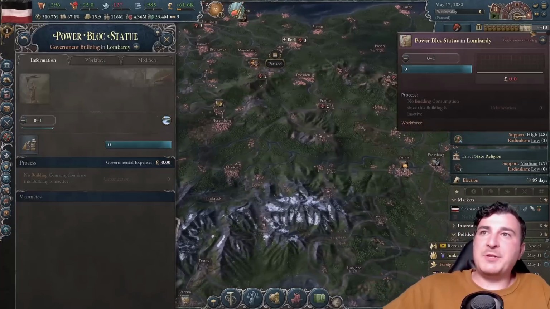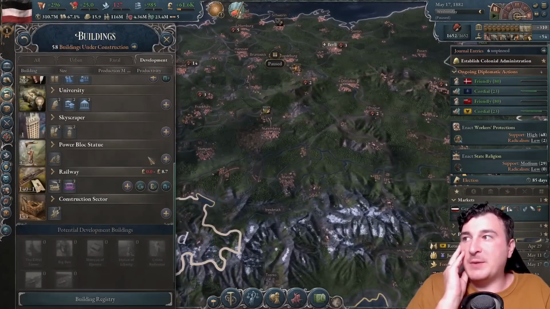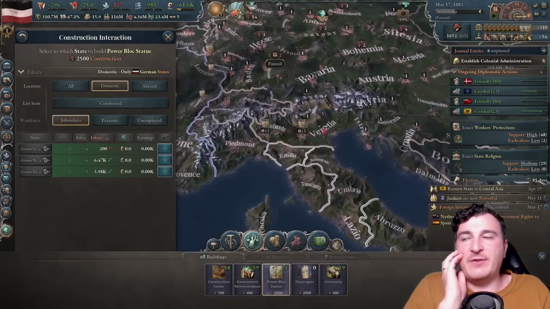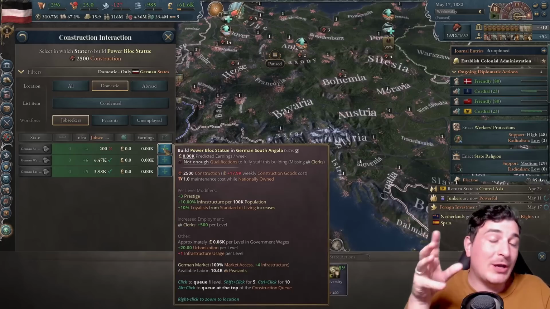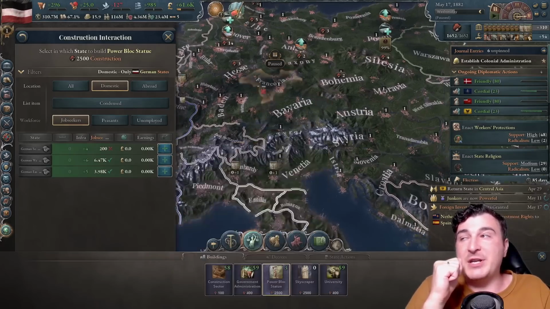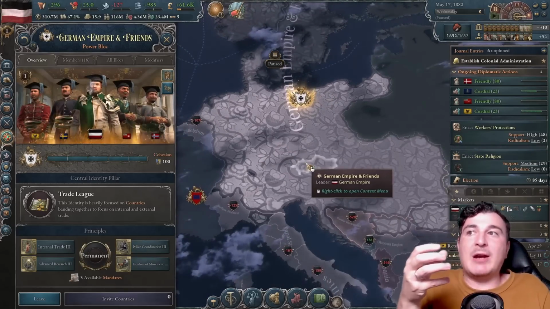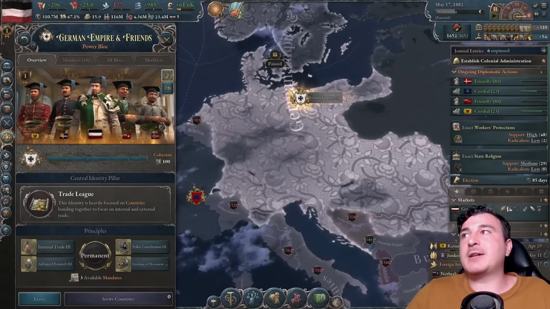Also, I probably should have mentioned this before, but the power block statue does change when it comes to whatever goods it offers. At the start, remember, we had minus 25 decree from it. Now, getting the power block statue gives us loyalists from standard of living increased by 10%, infrastructure alongside the prestige. If we were to switch around some of these principles, we can even use the power block statue to get even more migrants,